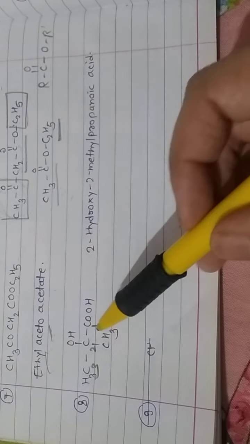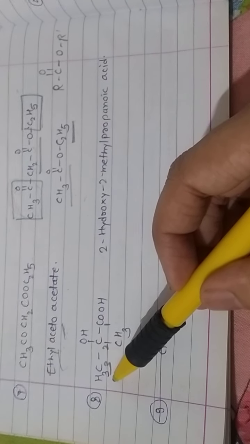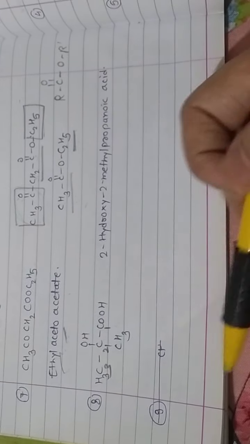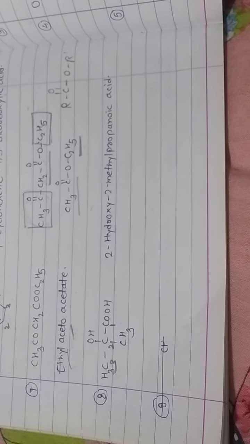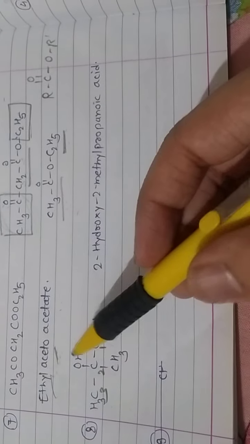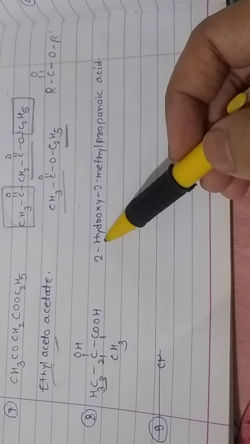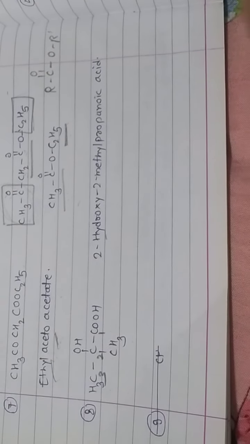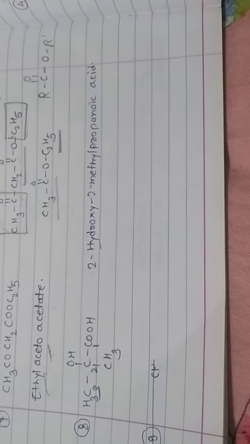Next one is simple. Carboxylic acid is main functional group. Numbering will start from there only. So 1, 2, 3. So second carbon have hydroxy as substituent. So it is not alcohol because it is not the major functional group. Acid is the major functional group according to the table. Then so name will be 2 hydroxy 2 methyl. So hydroxy, H comes first in alphabetical order. So 2 hydroxy 2 methyl propanoic acid.